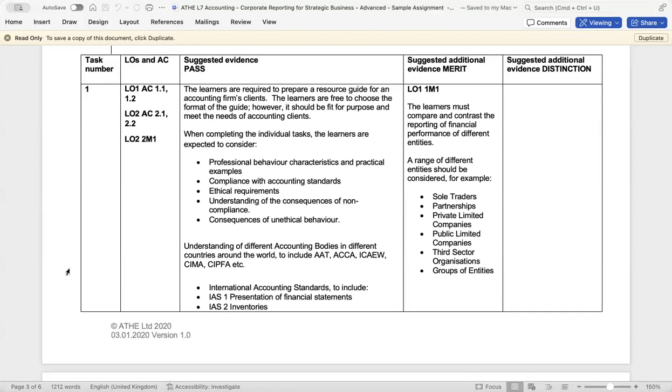Statement of profit or loss. These statements provide a summary of the company's revenue, costs, and expenses over a specific period, highlighting the profit or loss generated. Then we talked about the statement of financial position, also known as the balance sheet. This statement presents the company's assets, liabilities, and equity at a specific point in time, providing a snapshot of its financial health.